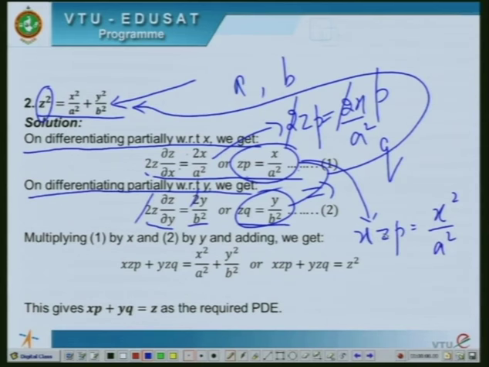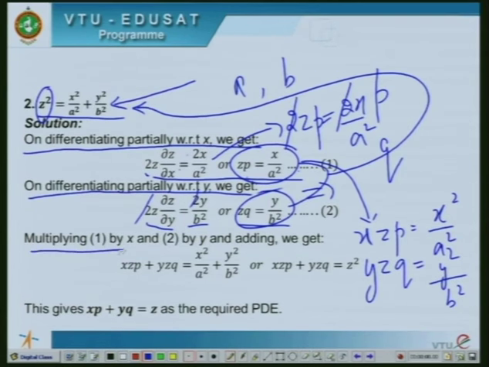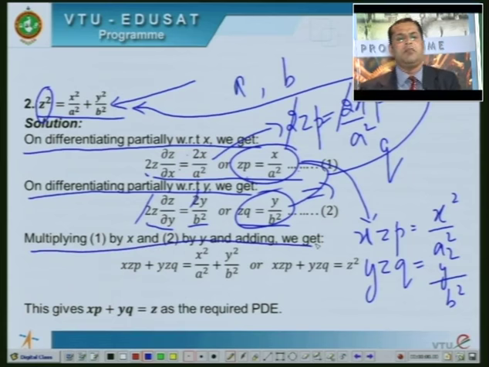Take the relation in equation 2 and multiply by y on both sides. So, what will that give? yzq is equal to, multiply by y on both sides, so y by b square becomes y square by b square. Immediately, friends, you can observe that I just have to add the 2, because RHS is after addition equivalent to the given expression. So, that is what you see here, multiplying equation 1 by x and equation 2 by y